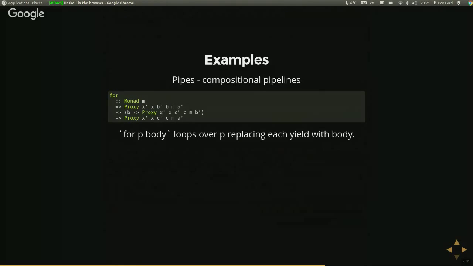So in Haskell, there's a library called pipes, which is basically you have something that can produce or consume elements. So ignore all these things. But we're basically saying, okay, we've got a pipeline of things. We've got things coming out of this pipeline of type B. We've got a function here to transform those things into type C, and we end up with a pipeline of things that are type C,